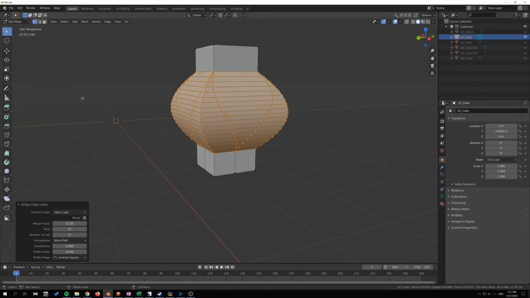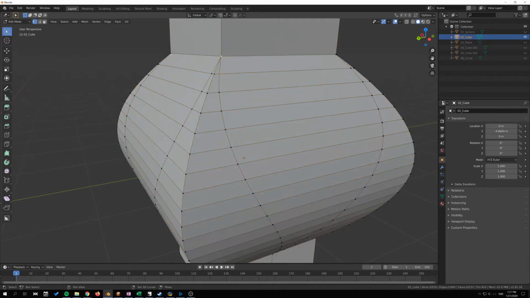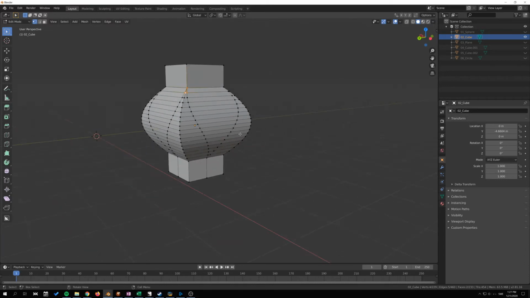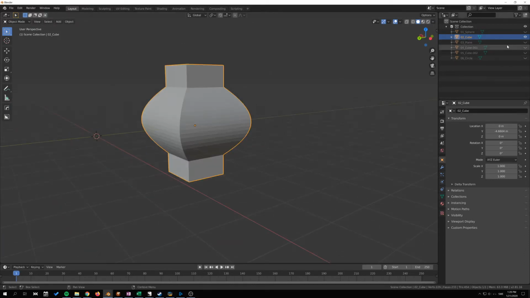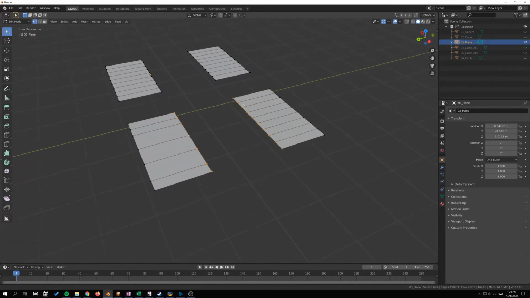So with the same amount of vertices and with a different amount of vertices, obviously this will create triangles like this, and if that's a problem, you should be aware of that. Let's hide this one as well, and then just look at a couple of planes here. Same thing here,